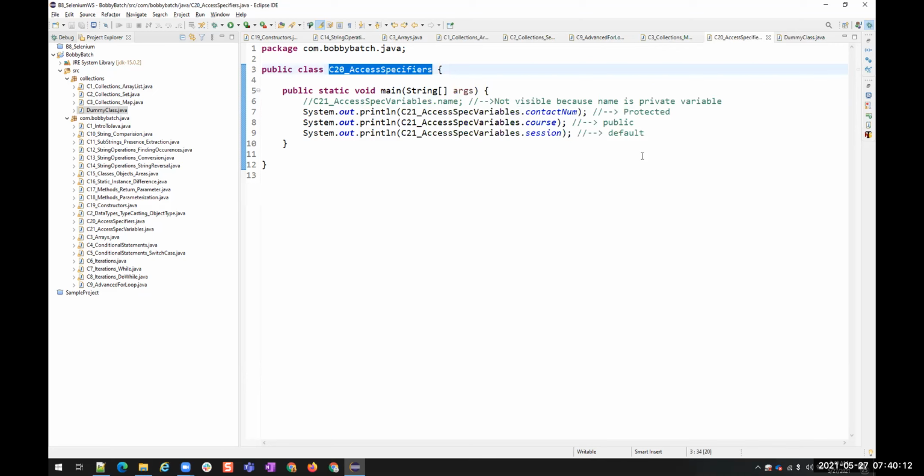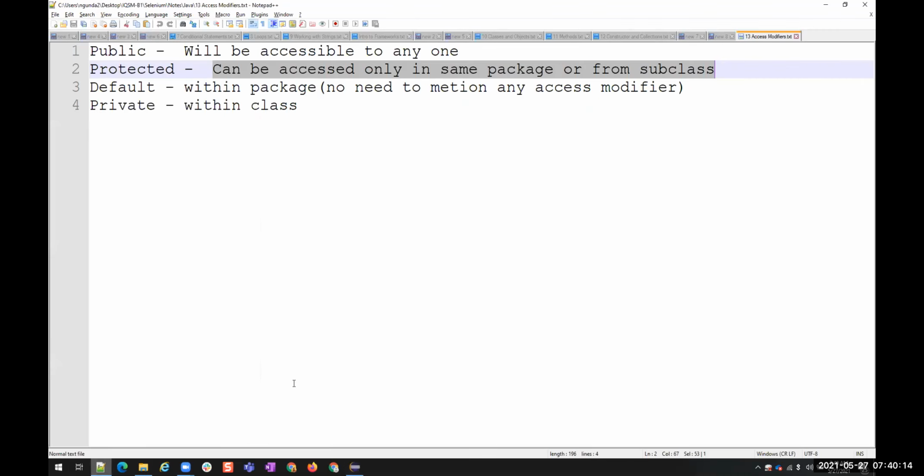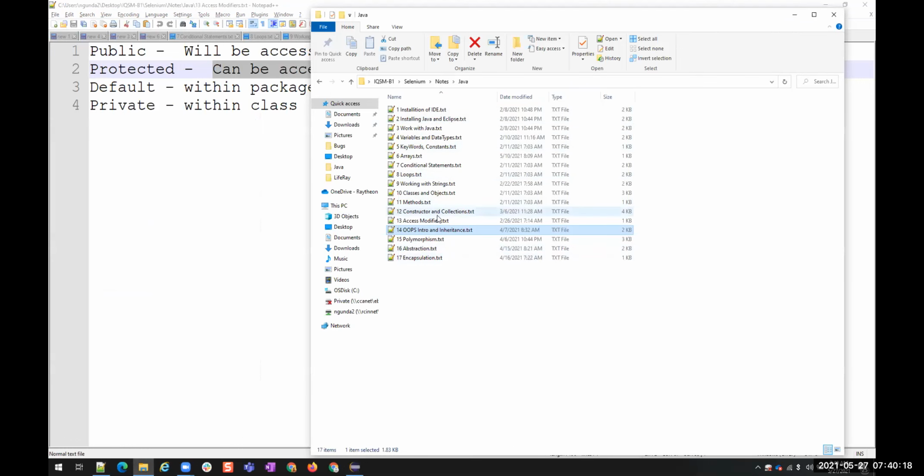Okay, so this is all about access specifiers, and this is the last topic about programming. Next, we have the object-oriented programming concept. Let us move into it. The first topic is inheritance. What is object-oriented programming? Why do we need this? What is the concept of inheritance? What is polymorphism? What is abstraction? What is encapsulation? All these things we'll see.